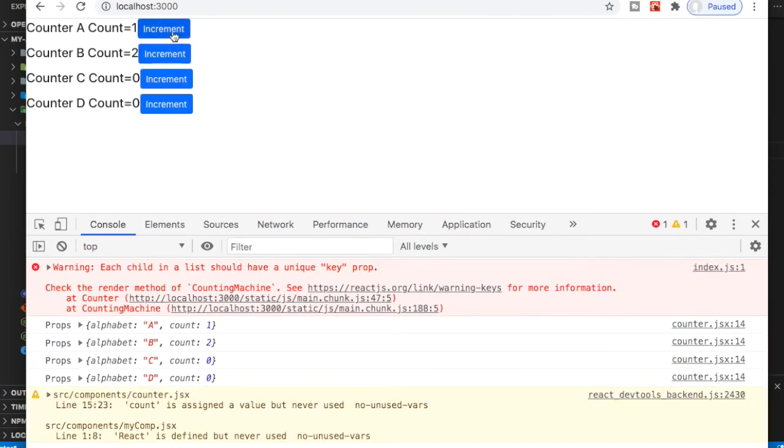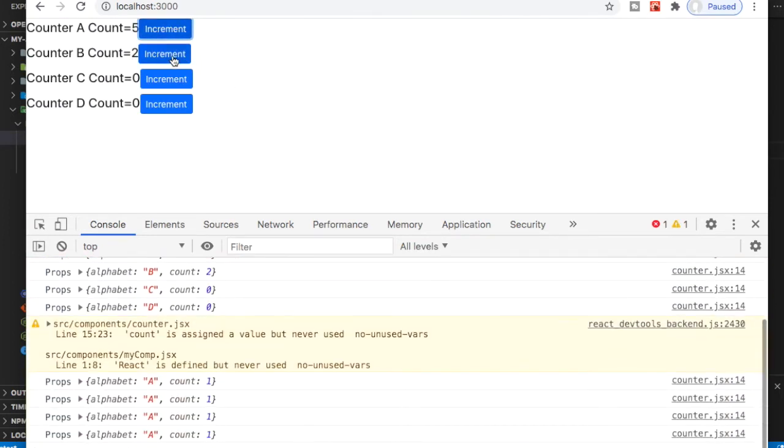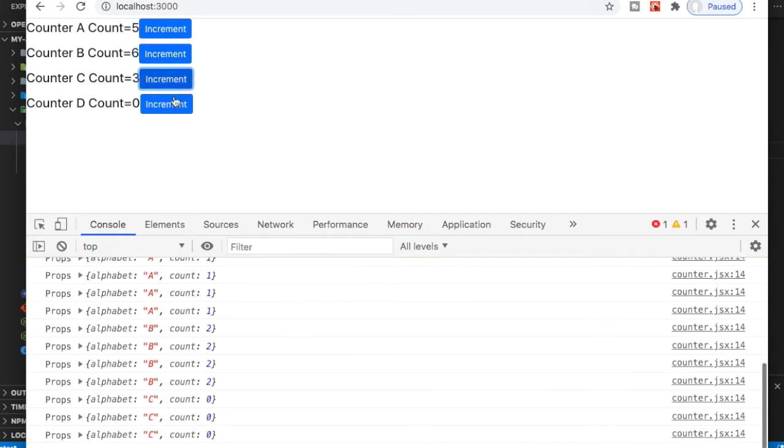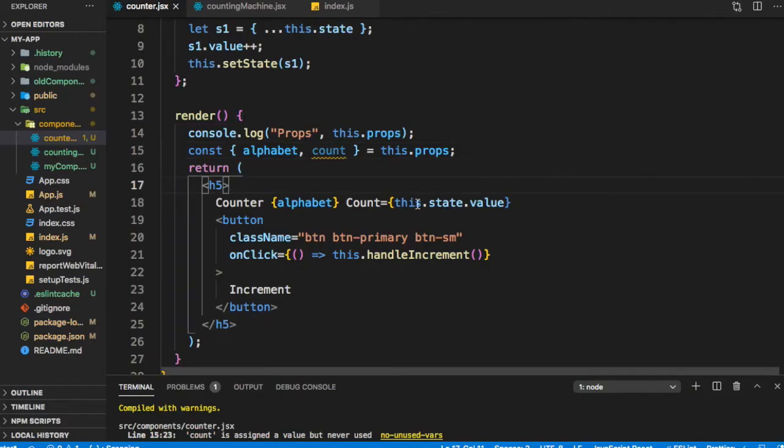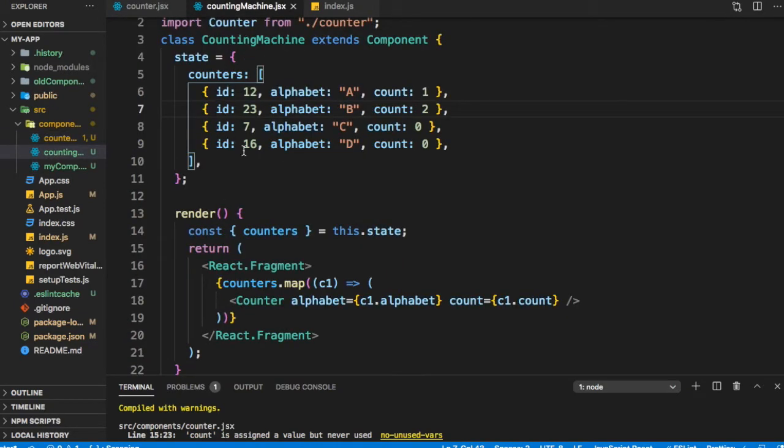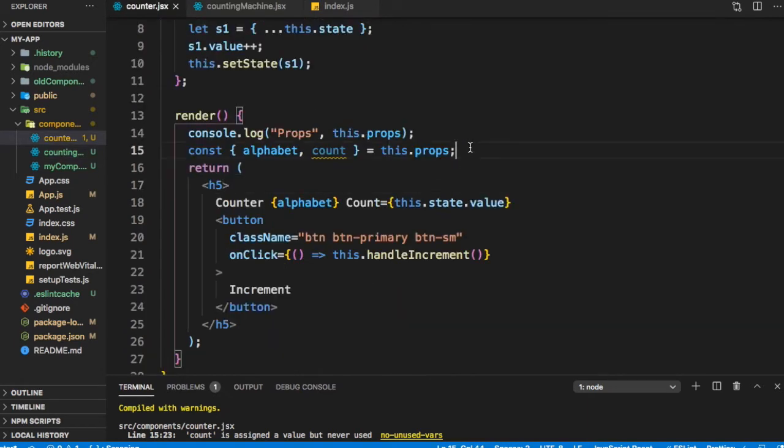So we have increment, and we can see this is working perfectly fine. So we have implemented it. All the components that were there, we were able to display here. Now we can keep on adding logic here. We can also put a logic to say that if the count is 0, do not display it, or any such logic that we want.